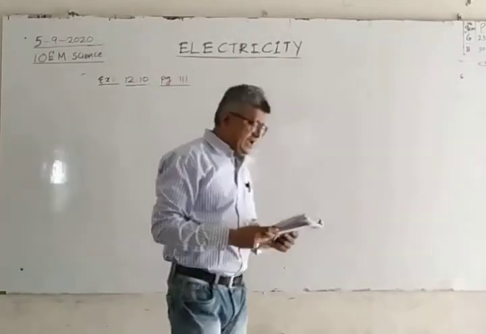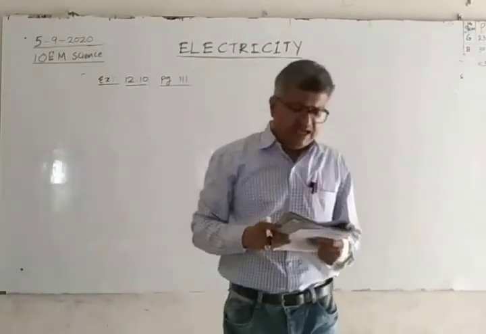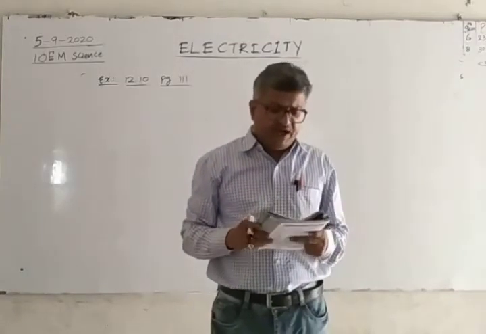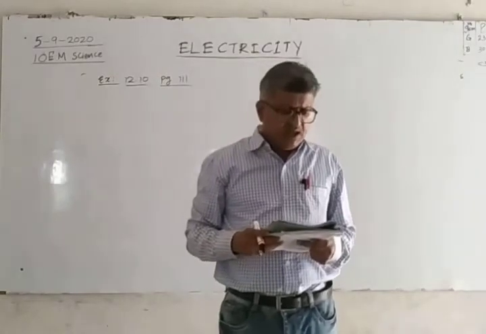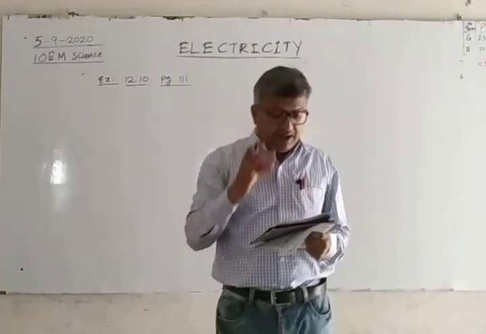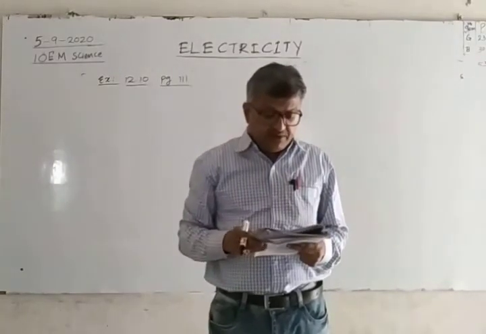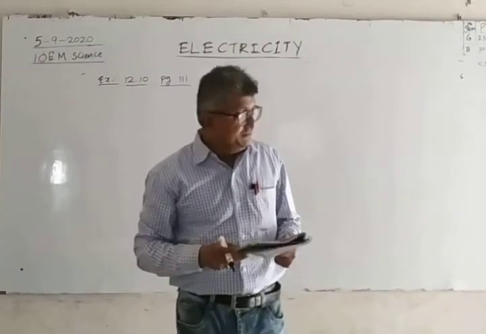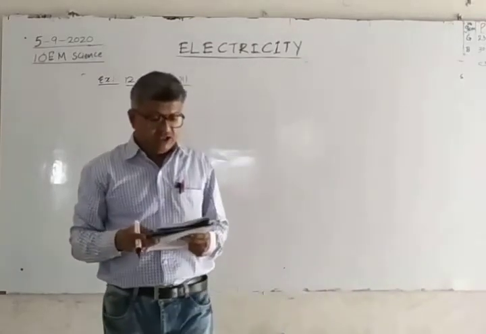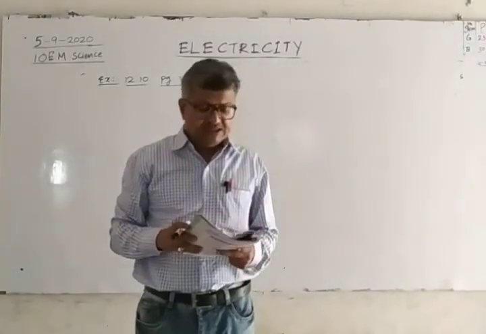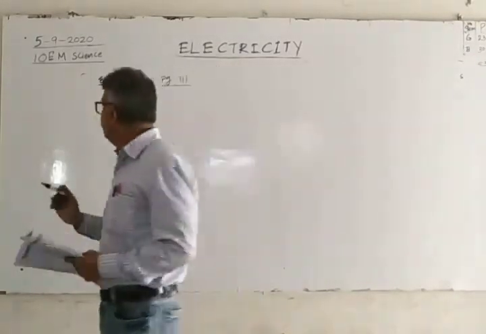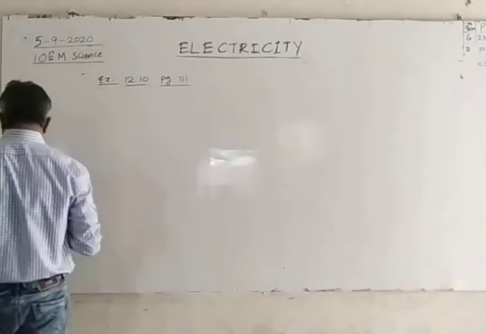An electric iron consumes energy at a rate of 840 watt when heating is at the maximum rate, and 360 watt when heating is at the minimum. The voltage is 220 volt. What are the current and resistance in each case? So they are given how much power is consumed.